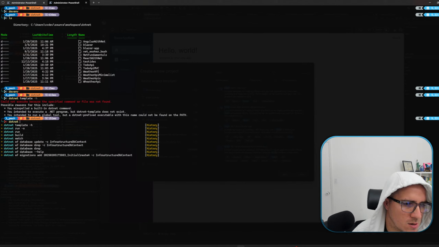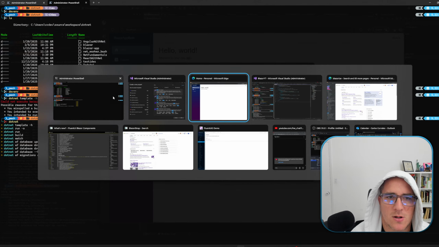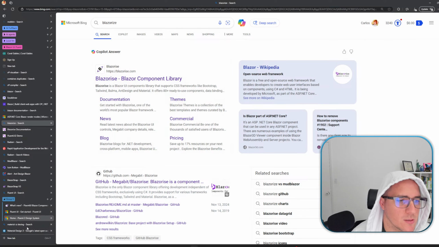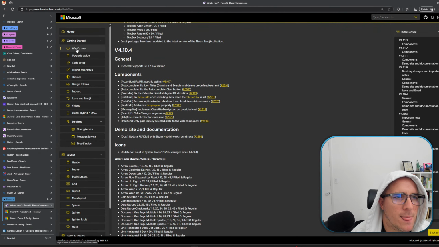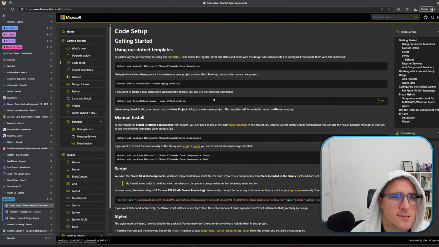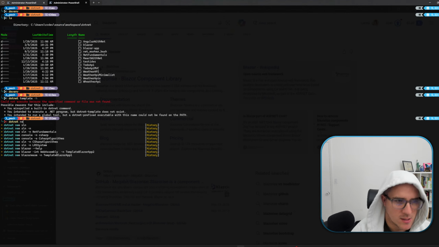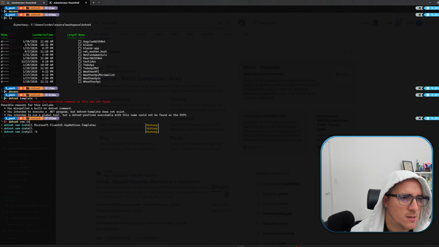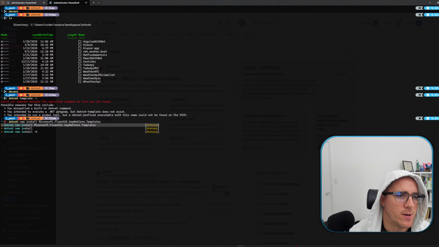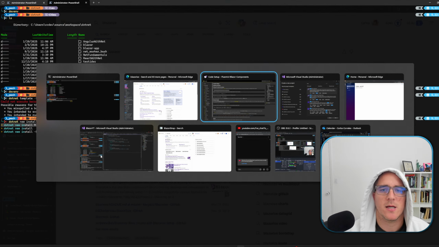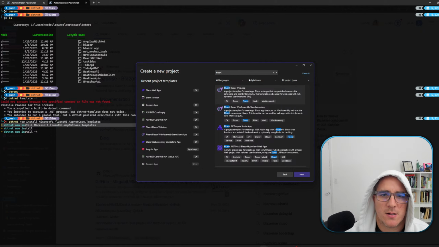How was the command to install? So I think it's here in the documentation. I forgot about the command. Okay, it's here. So you need to install this one, dotnet new install. As you can see, Microsoft Fluent UI template, and that's how you will see the templates later here. Okay, so you need to run this command, and Visual Studio will show up these